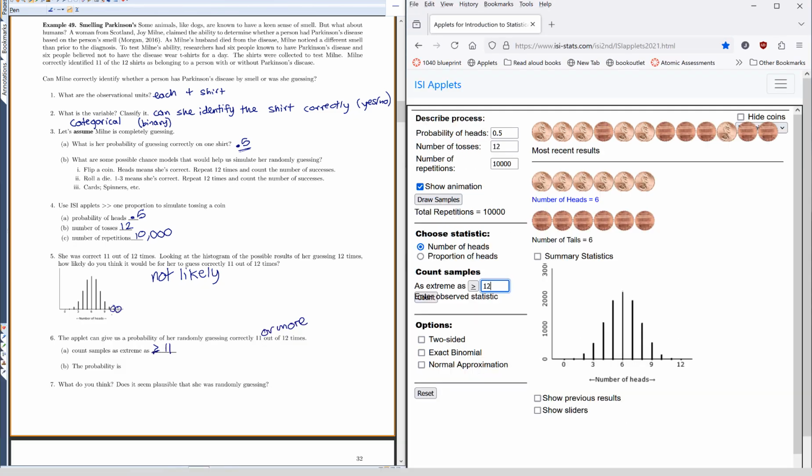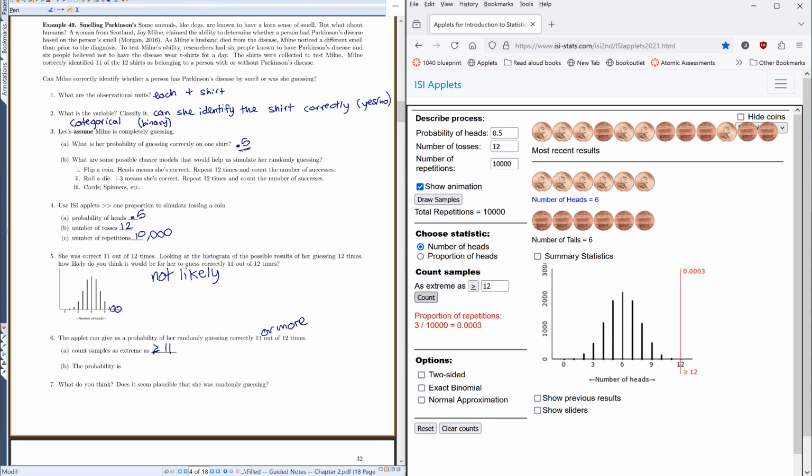So please count greater than or equal to 11, count, and it tells me on my simulation I got 0.0003. Now, as you're watching these videos, please always pause and do this in the applet yourself so you make sure you know how to use the applet, because you will have to use the applet on exams and homework. Okay. So coming back to our notes now,